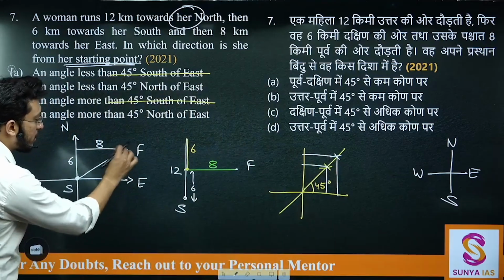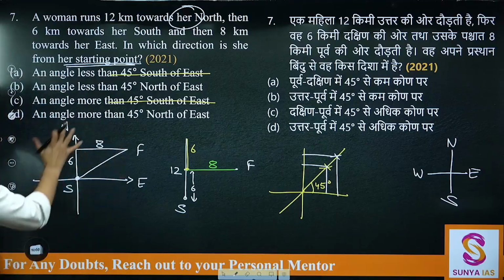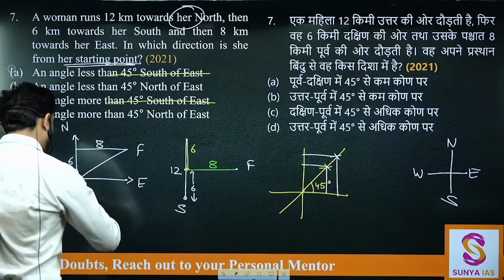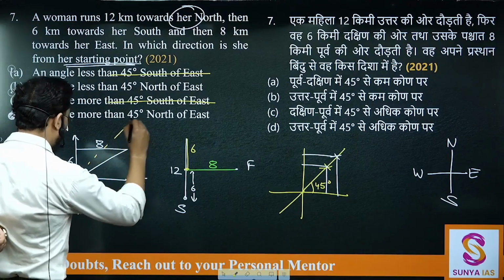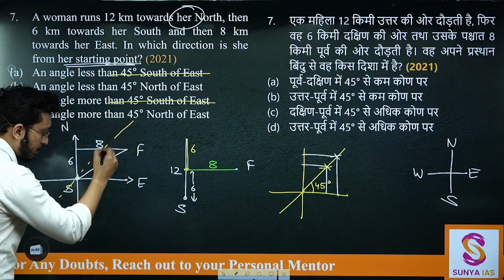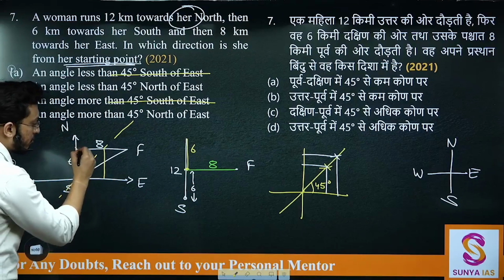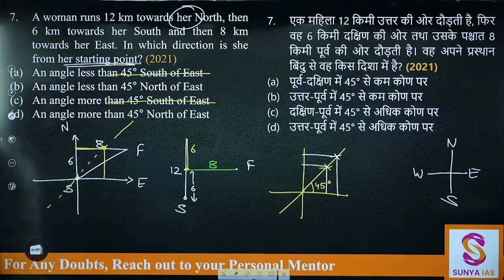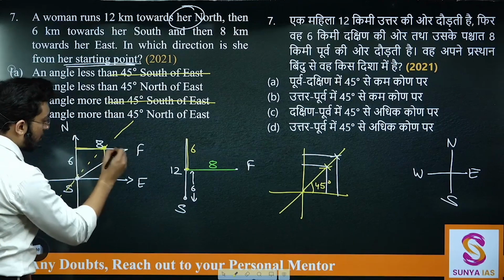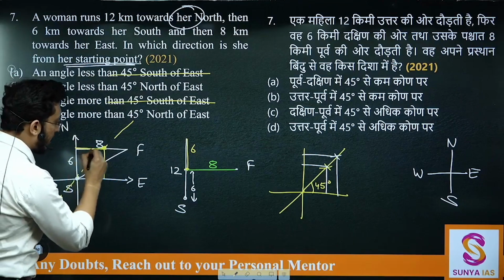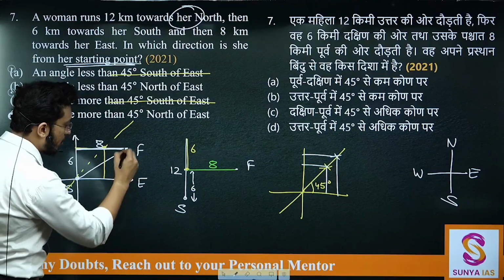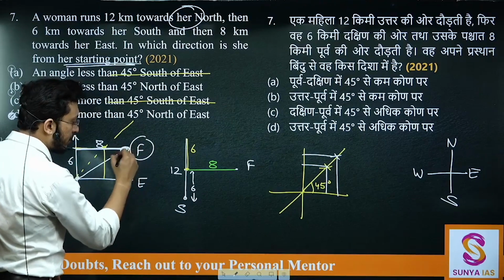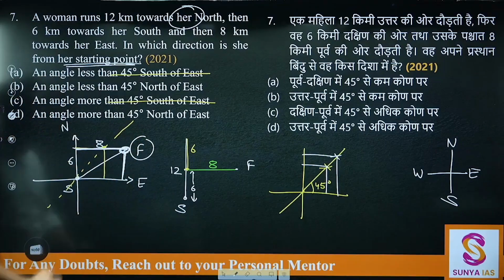But if I look at this point, if I am supposed to make the exact 45 degree, how will I see? I'll draw it something like this, that the distance should be 6 from this point and 6 from this point. So this is where my 45 degree line will be. But I know that this point is 8 kilometers from here, and it is 6 kilometers from here. That means it will lie somewhere in this region. That means it will lie below this 45 degree wala point.